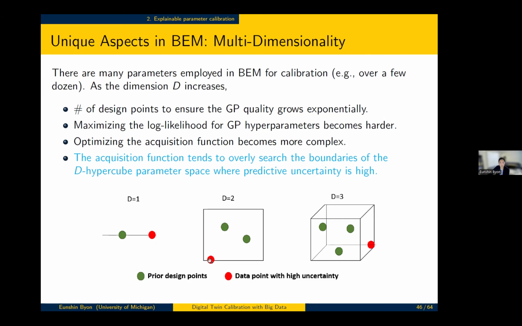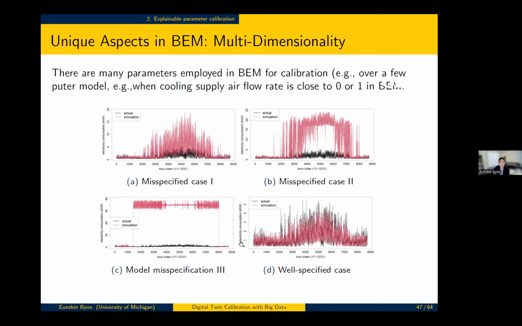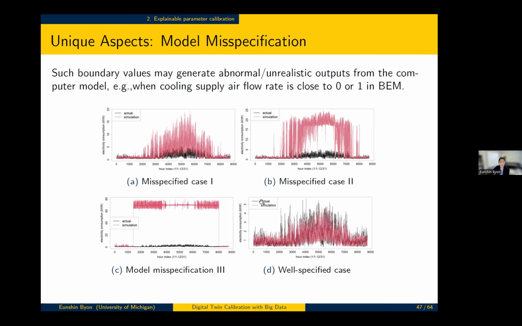For example, here, or in this boundary, or in this boundary, because the uncertainty is really high in these boundary data points. So that's kind of natural, right? Because in BO, uncertainty matters. However, the problem in this parameter calibration using digital twins is that oftentimes these boundary values generate very abnormal, unrealistic